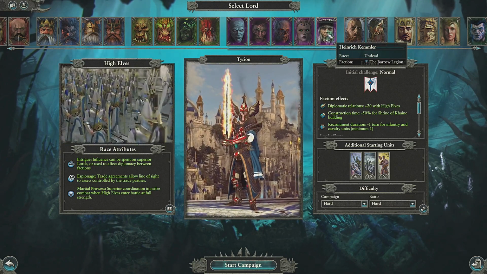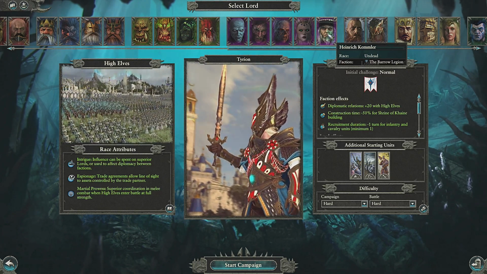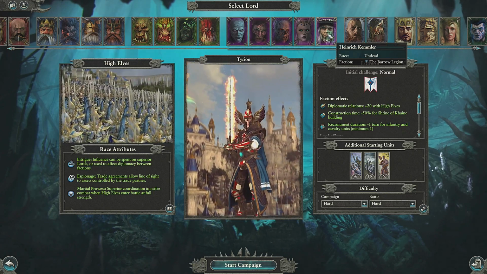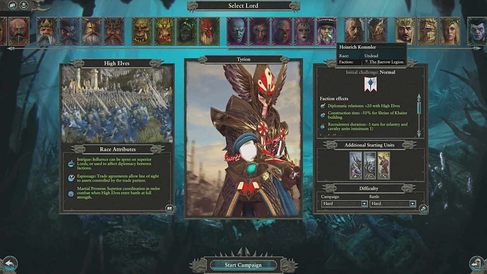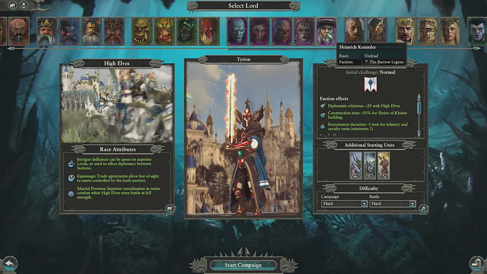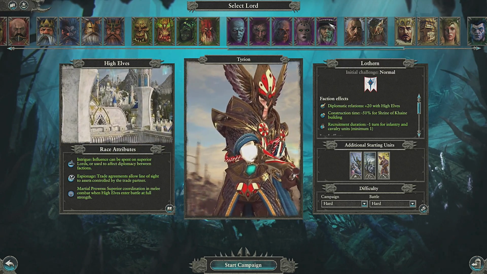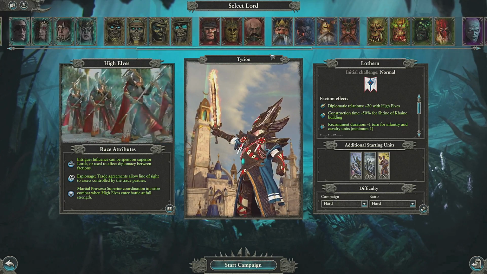Heinrich Kemmler got a new starting position, which is really cool. He's got a new starting position up next to the Empire, just behind the Empire in the mountains with the dwarves. So he starts there now, not far, just up from the Red Duke, which is really cool. That's the one I thought I'd do. I was going to do the